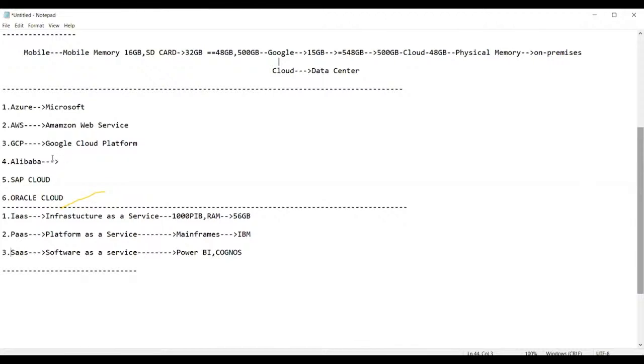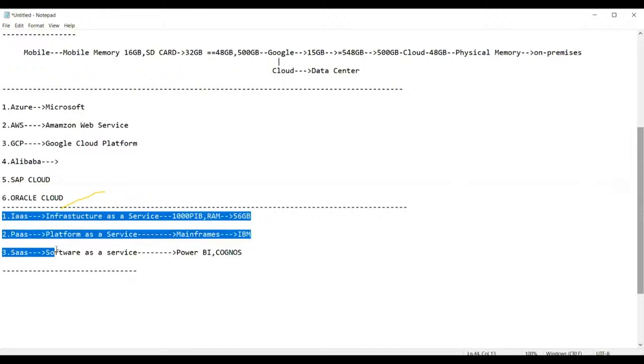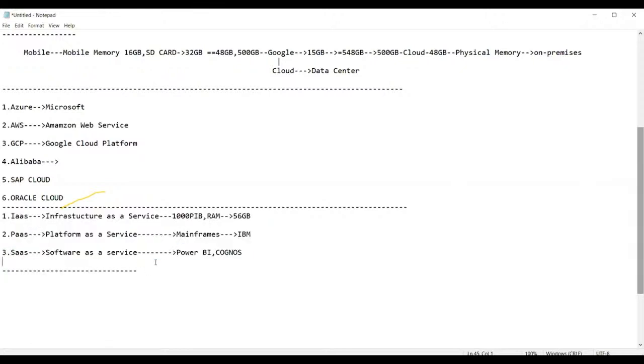The cloud providers have divided their service based on these three categories, and based on these three categories only they are going to bill you. It is as simple as, guys, simply you log in. You have the OTT platforms, Amazon Prime, Netflix, etc. You will enter your mobile number and a password. That's it. Once you enter into the application, if you want to watch a new movie, then you have to take a premium subscription or not. Tell me now, guys. You need to buy a premium subscription to watch the latest movie. Yes, tell me.